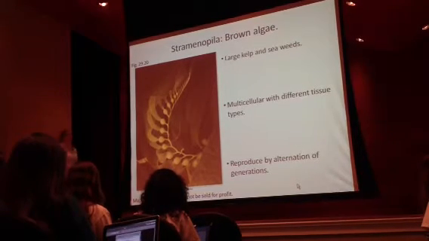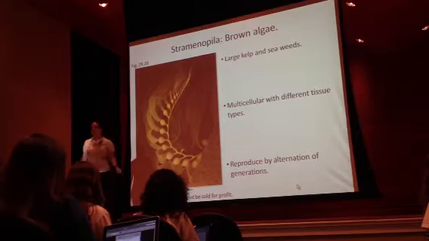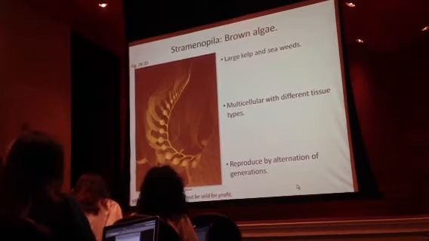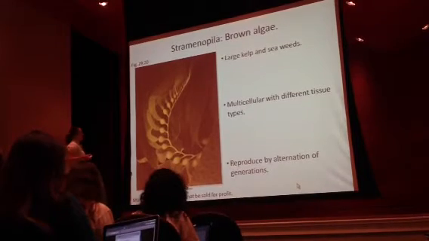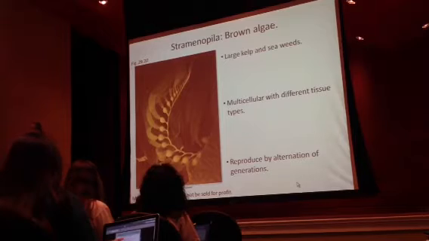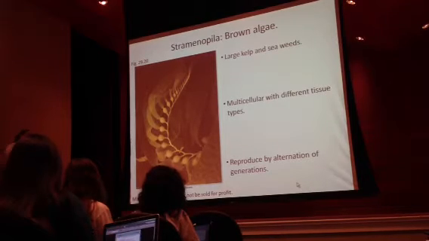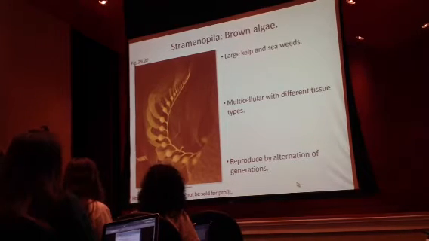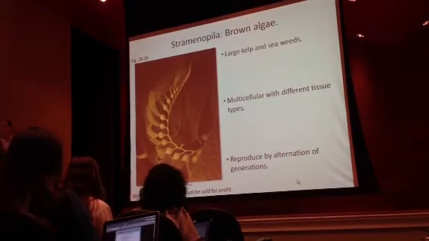The second group, the brown algae, okay, you'll start to see the word algae come up a lot, and you'll see that it doesn't really have any defining characteristics. It's just a common name. So we have large kelp and seaweeds. Okay, these are things you've seen. You walk on the beach, these wash up. You'll see their long blade-like leaves. They have a structure called a stipe, and then at the bottom of them, they'll have something that anchors them to the ground. It's not a root, it's just something that holds them to the ground.